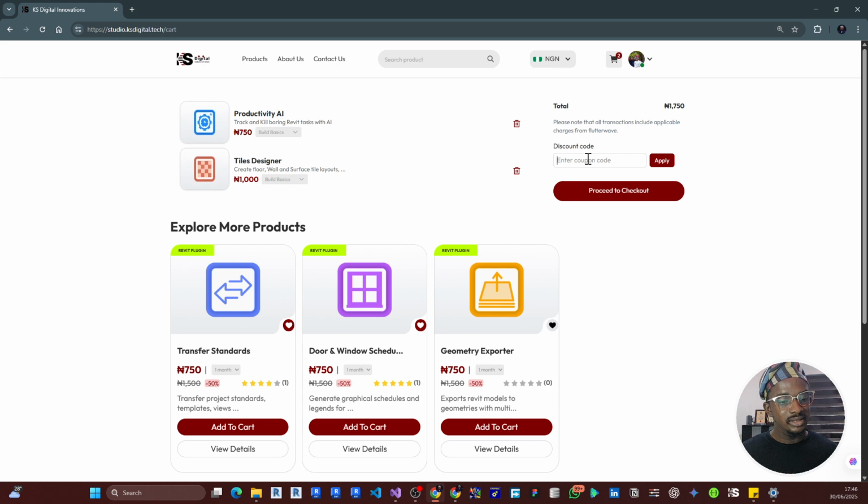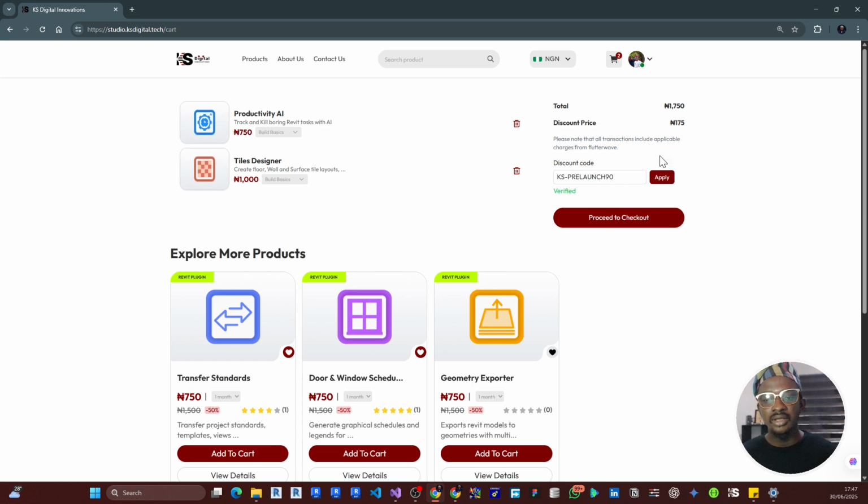Now this is the coupon part for everyone who is going to be signing up on this our platform. The first 500 people to sign up will receive a coupon code that gives them a discount to access all of our products, depending on whatever you want from this platform. So we have a coupon now that I can quickly apply. And see, let's see if this works. Oh, verified. Awesome. So this gives a 90% discount on all these products,